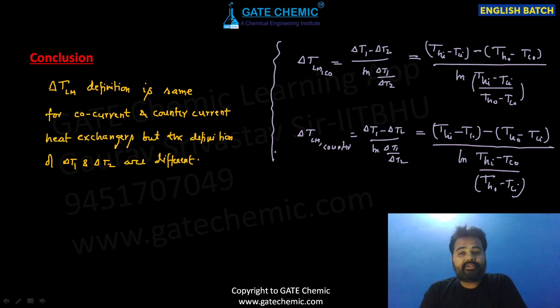Now we will see more temperature distributions in subsequent lectures. But first we will learn what a shell and tube heat exchanger is in my next lecture. One thing I want to tell you, beta: whenever you need more heat transfer area, you need a heat exchanger. Which heat exchanger? Shell and tube heat exchanger. You can't use a double pipe heat exchanger at that time.